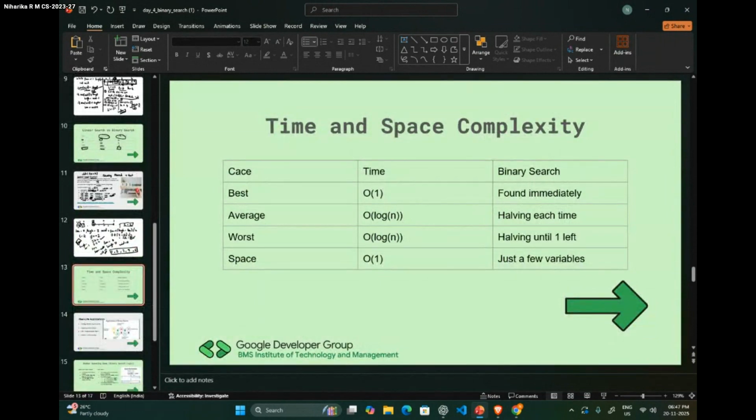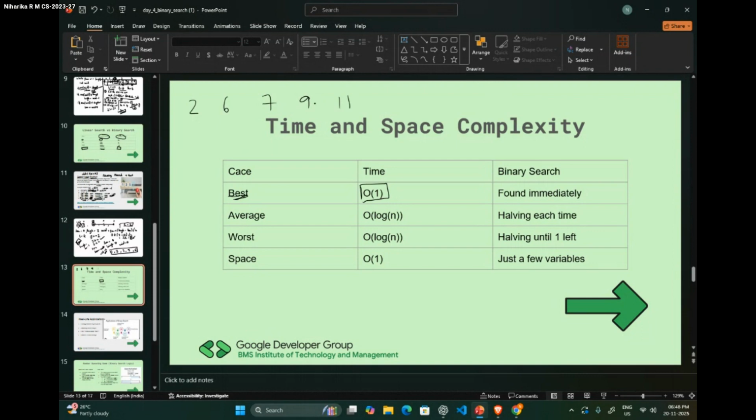Now I'll talk to you about the time complexities. There are multiple. The best case complexity is big O of 1. So when do you think the whole process will be over in the first step itself? Let me take an example. 6, 7, 9, 11.